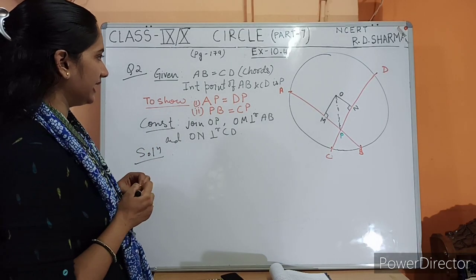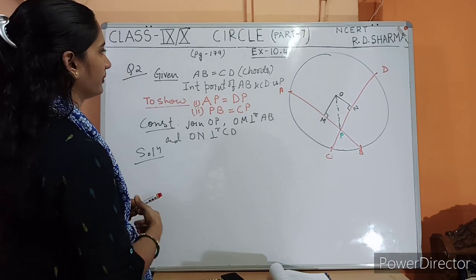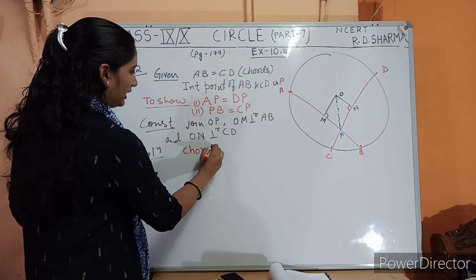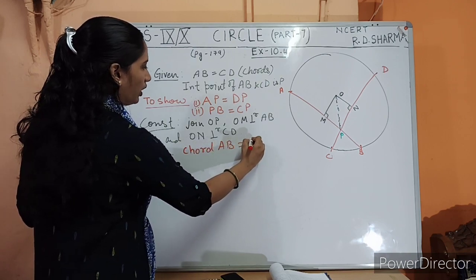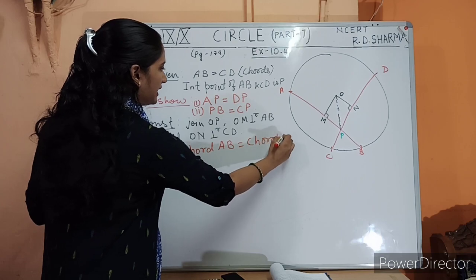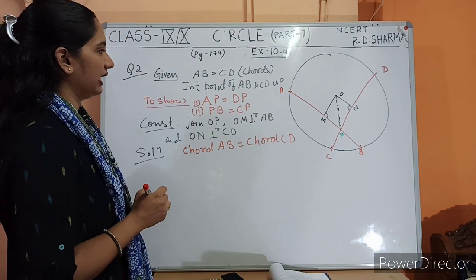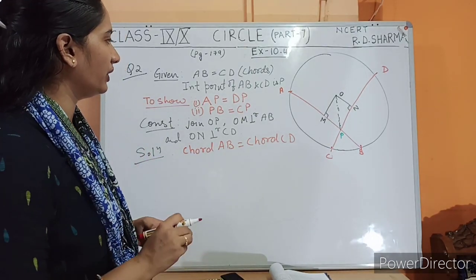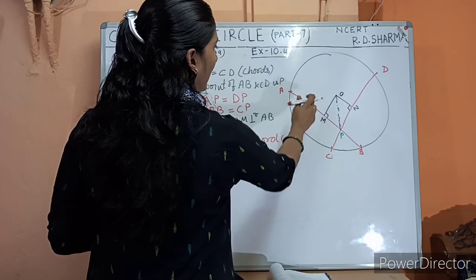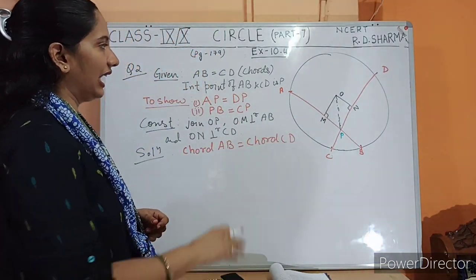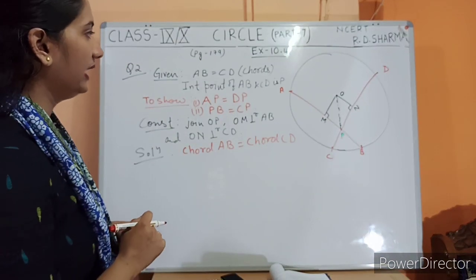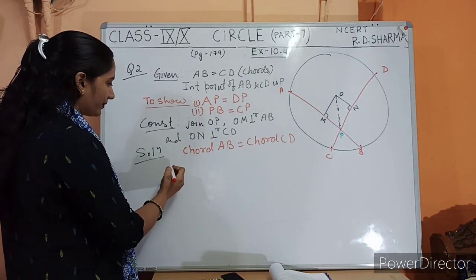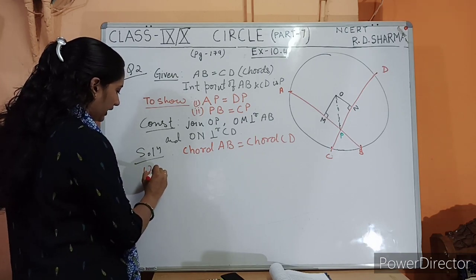Now children, if you see the circle, the chord AB is equal to the chord CD. This thing is given to us, right? And by the theorem 10.3, we know that if a perpendicular line is drawn from the center of any circle and it is falling on the chord, then it must be bisecting the chord into two equal parts. So we will write down that we know that